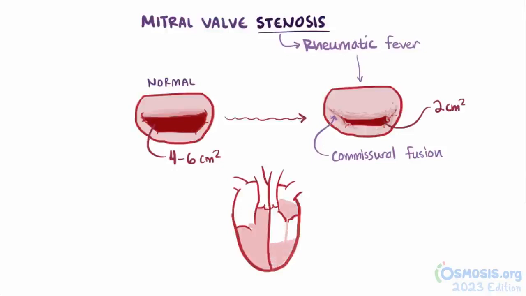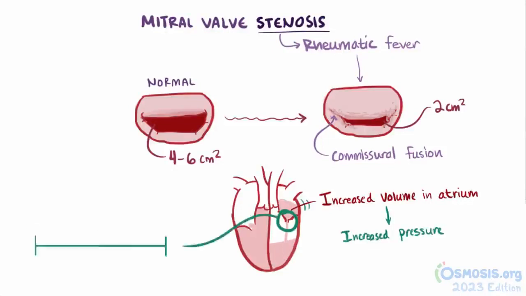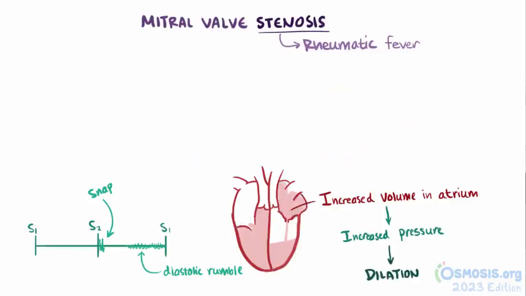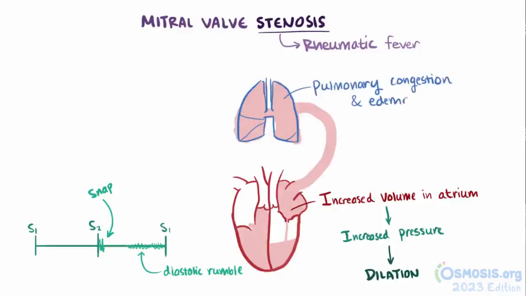This makes it a lot harder for blood to flow from the left atrium to the left ventricle, and so the volume of blood in the left atrium increases, leading to higher pressures in the left atrium. Higher pressures flowing through a fibrotic valve make a snap sound when it opens, which is followed by a diastolic rumble as blood is forced through the smaller opening. A constant elevation in both blood volume and pressure in the left atrium causes it to dilate and can allow blood to back up into the pulmonary circulation, causing pulmonary congestion and pulmonary edema, which can lead to symptoms like